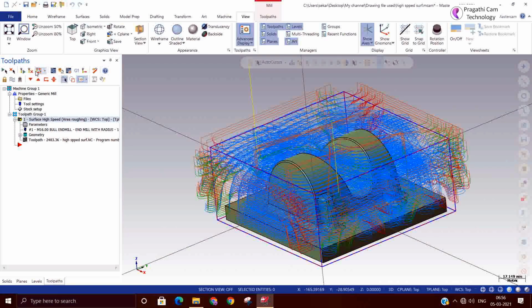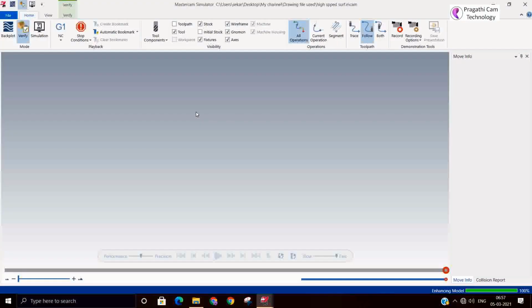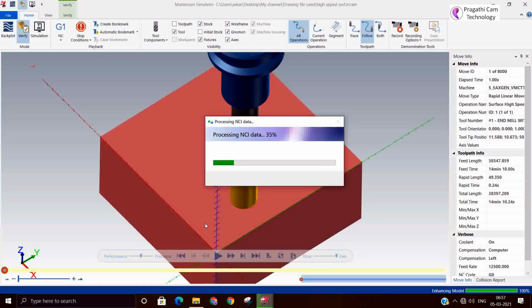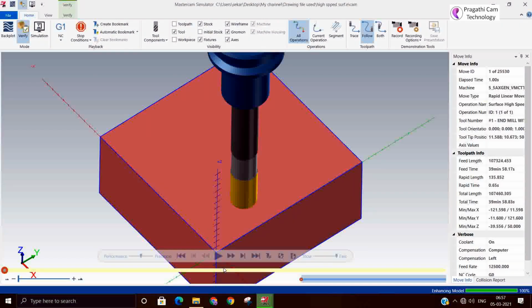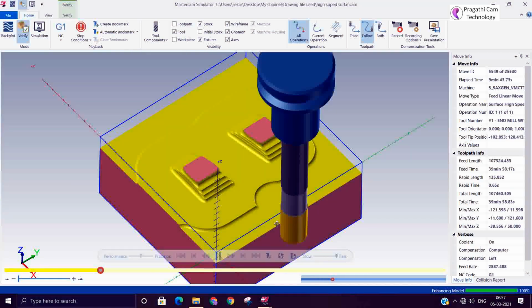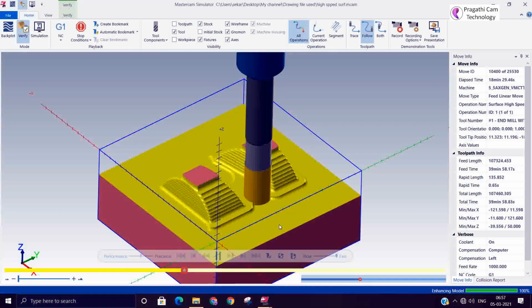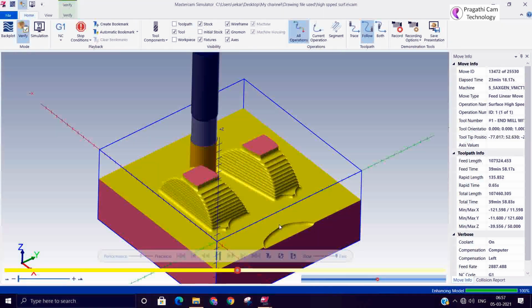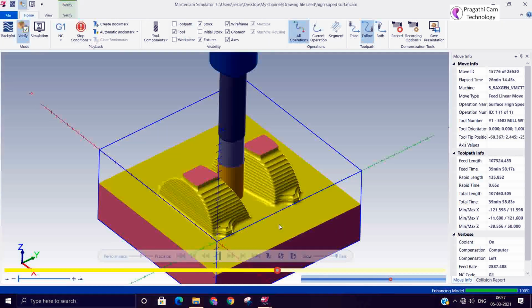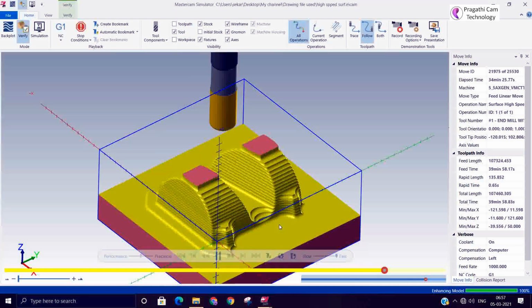This toolpath is very good when you are machining hard material. It will take care of your tool while machining the job. So we can see the difference between the previous toolpath cutting method and this area roughing toolpath cutting method.